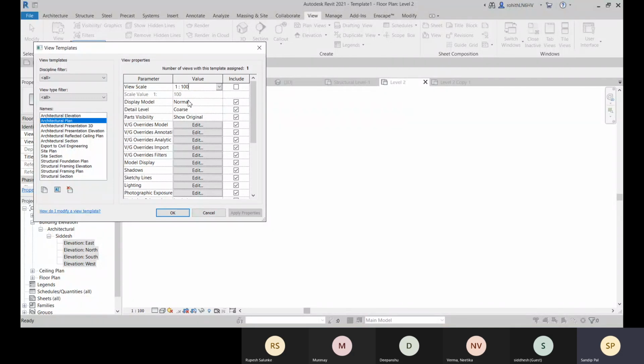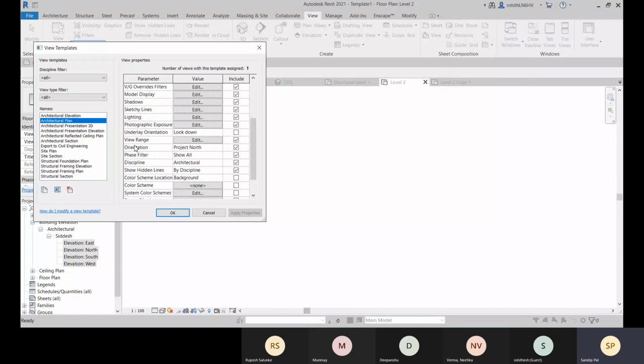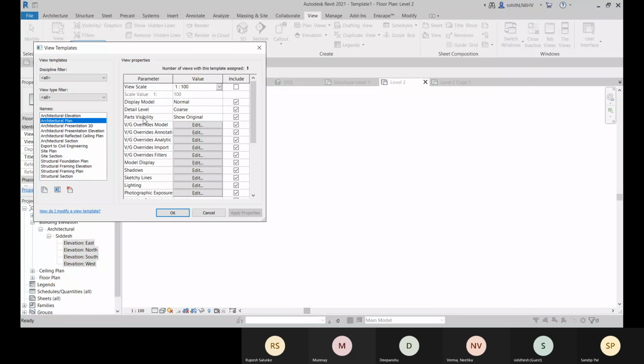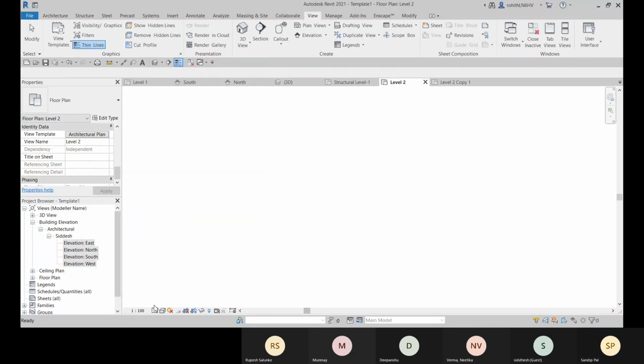And here like this if you need to change the shadows and these things, you can change it from here. Okay, like this, and here it is changed, you see.